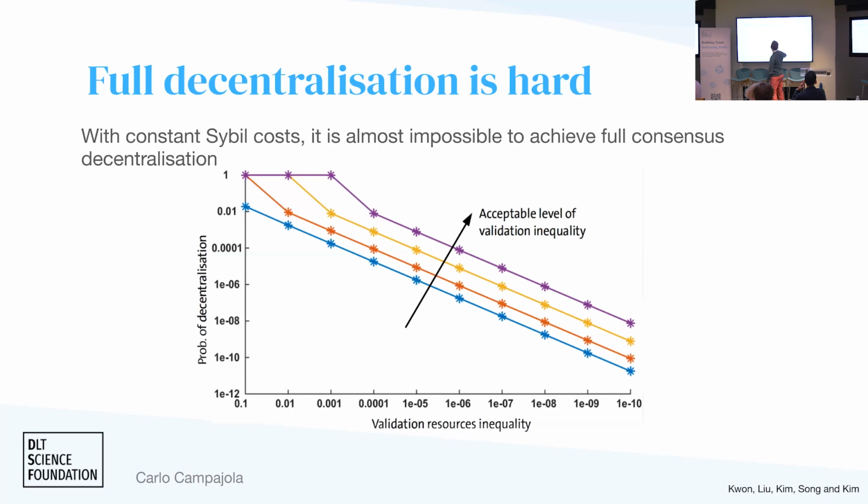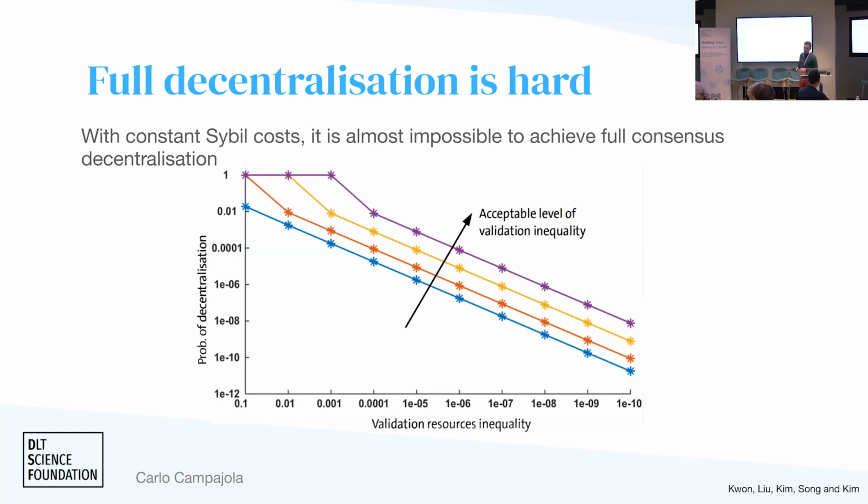Okay. And if you look at Bitcoin in particular, we plug in numbers for Bitcoin, you will be around here. And even if you accept that the top miner has 1,000 times more rewards than the 15th percentile miner. So if you have 100 miners, you take the top miner and the 15th miner in the ranking, the ratio is below 1,000 in terms of the block reward that they get. The probability is still less than 10%, the 1%. So this is why there are economic forces that drive you towards centralization.